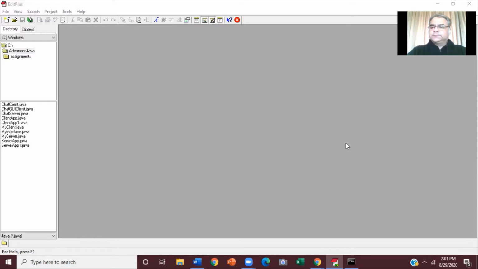As I told you, the server application will be a console-based application. The client application will be a GUI, a JFrame. We'll have 4 GUI components: JTextArea, JTextField, JButton, and JList. Messages coming from the server will be displayed in the JTextArea.